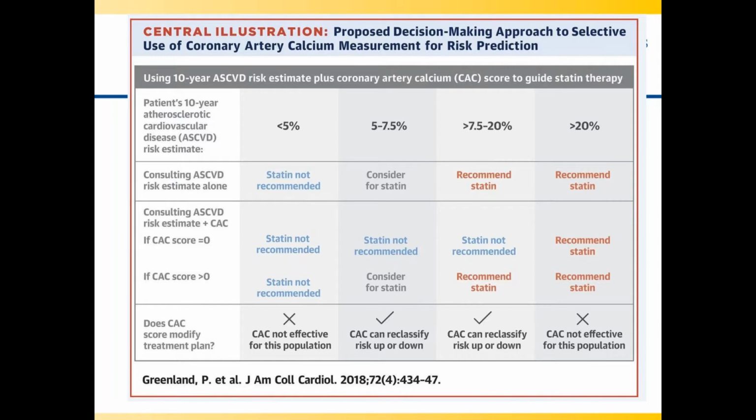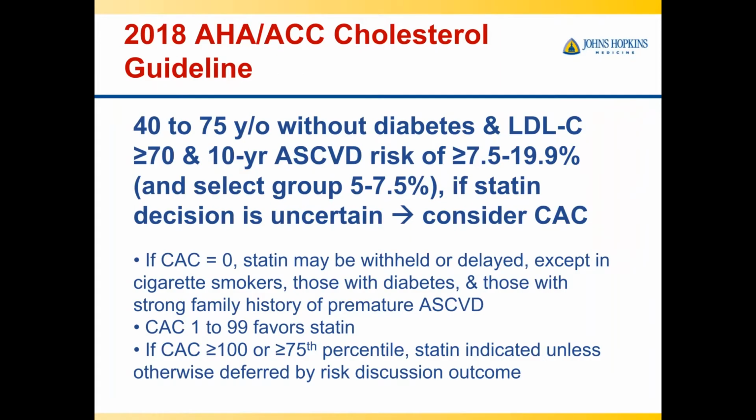We generally don't recommend statins in this group. If your risk score is above 20, we recommend treating you. You're at high absolute risk and we recommend statins, so we don't really recommend a coronary calcium score because statins are recommended. And then it's this middle group where calcium score can up-classify or down-classify to help guide the discussion. So this is what specifically the guidelines had said in this group of 7.5 to 19.9,